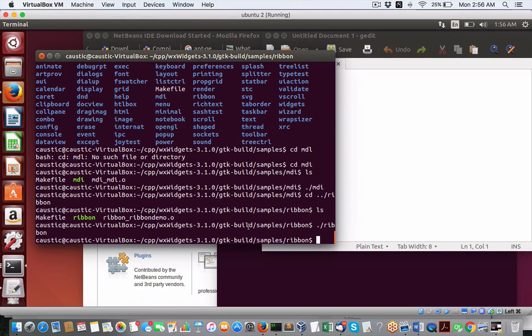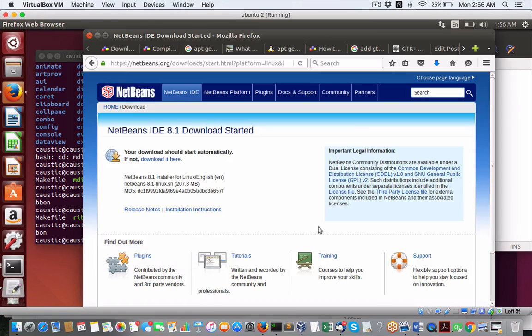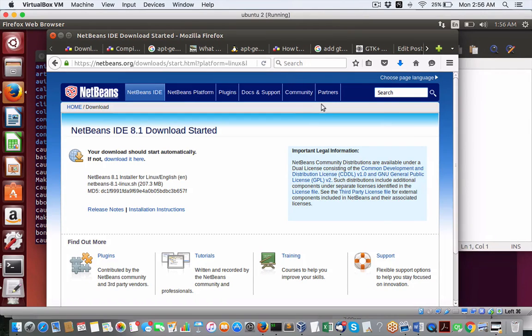So we've got that working. Next step for me is to load up my Netbeans and try to get the configuration to work with wxWidgets on any projects that I work on. So, about Netbeans. I'm going to use Netbeans for now. I could probably flip back and forth between this and other IDEs until I settle with one I like. But this one